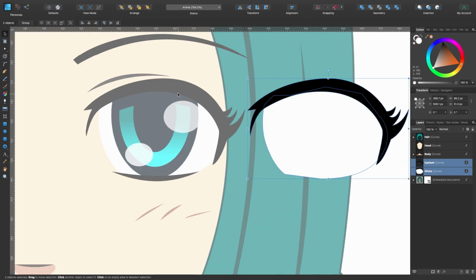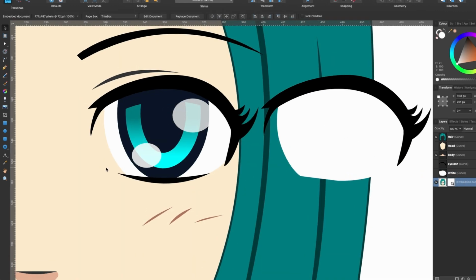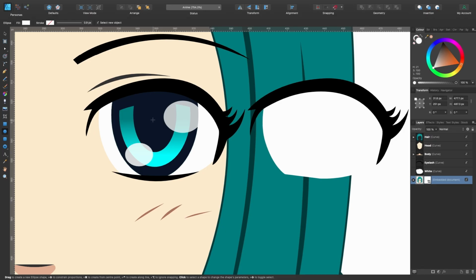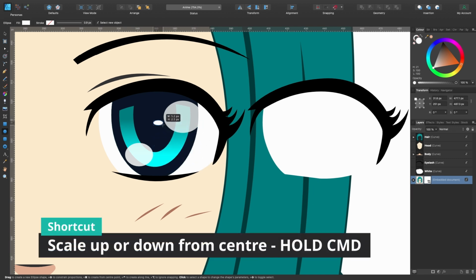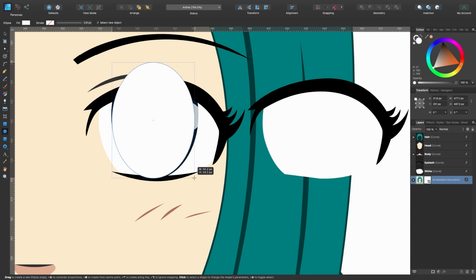So now I'm going to create the main eye section here, and it's just an egg. We'll use the ellipse tool for that. So I'll just click once on the whites of the eyes because we want it to be beneath the eyelash here. And I will bring the embedded document opacity back up so we can see the colors. And I'll grab the ellipse tool and just click and drag out. If you just click and drag out, it's going to be a bit like this. If you want to drag from the center, just hold down Command and you can drag it like that and try and guess where it's going to be.